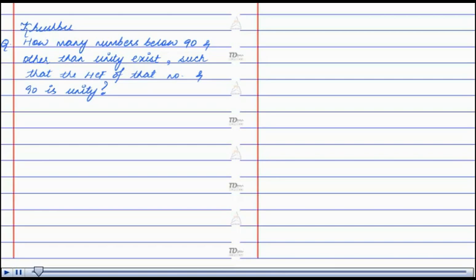The question is, how many numbers below 90 and other than unity exist such that the HCF of that number and 90 is unity? 90 can be factorized as 2 into 3 square into 5. Therefore, number of multiples of